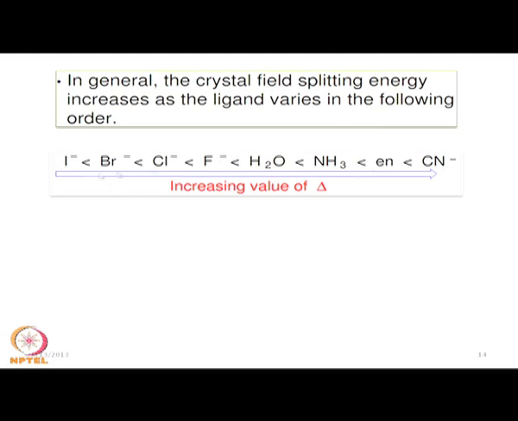Similarly, for the halides, we know the weakest one is iodide. So, it basically follows the reverse order of the group in the halogen group in the periodic table. Since these are very weak, and it is the bigger one, the iodide ion is the soft one and the bigger one, and therefore is the weakest one. So, iodide is less than bromide, which is less than chloride, which is less than fluoride. So, after fluoride we will put the water.